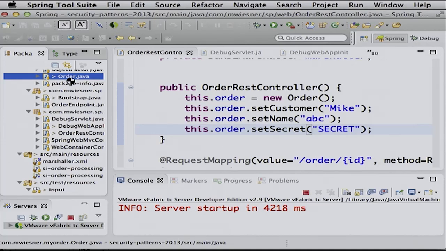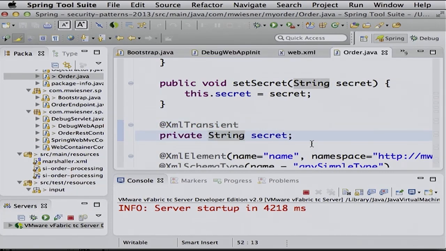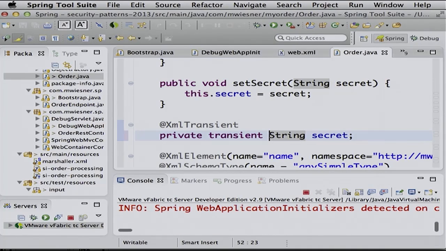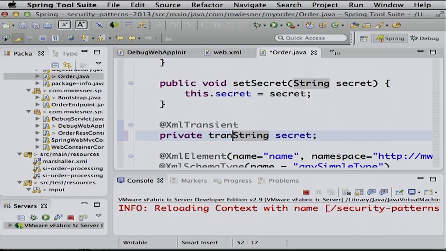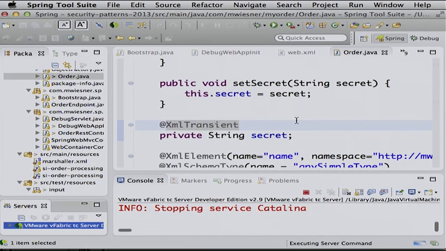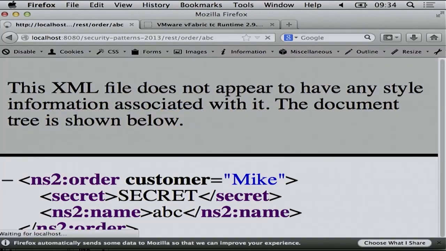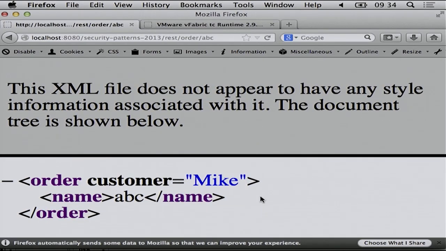So we can solve it in a much easier way, and that is that we go to that class again. And there is just one thing we need to place here, and that is XML transient. And by the way, don't use the transient keyword, the Java one. It is not working in JAX-B. It is working in JPA. It is not working in JAX-B. Makes sense, right? So the only one which is working in JAX-B is XML transient. And as soon as I do that, I will hopefully not see that stuff again. Here we go. It's hidden.